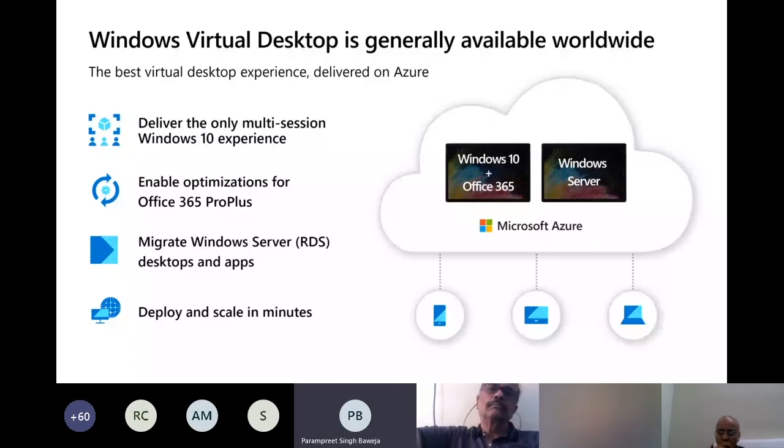Let's take a look at each of these benefits. The last line over here is again very important. You can deploy and scale this in minutes. So when I say scale it up, for example, you can as of today define that I have 50 users or 200 users, and the overall compute which is required for them is say a 32 core 64 GB RAM. And tomorrow, if your team increases or decreases, this is a pay per user kind of an offering, right? So it gives you the right flexibility to increase the user base as and when required within minutes.